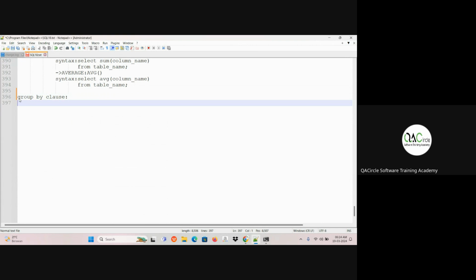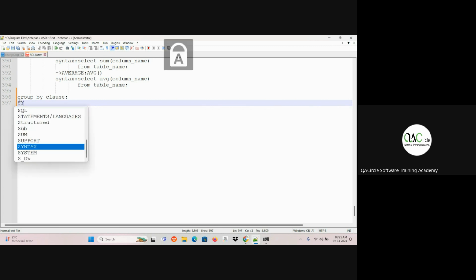So we are using the group by clause. The main reason we use the group by clause is to overcome the limitation, so that we can add columns as well as the multi-row function in the select statement. And how the group by clause works: it will group the data based on the column that is mentioned in the select statement. How we use it, the syntax is